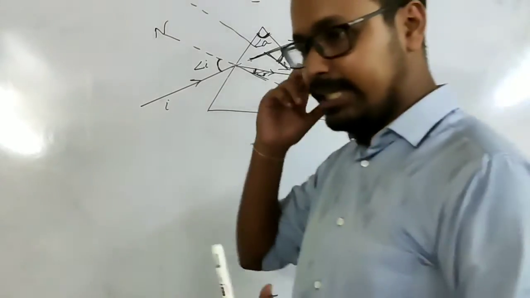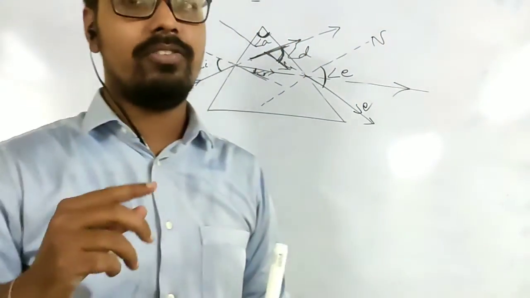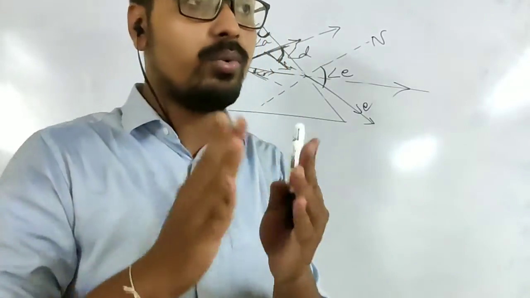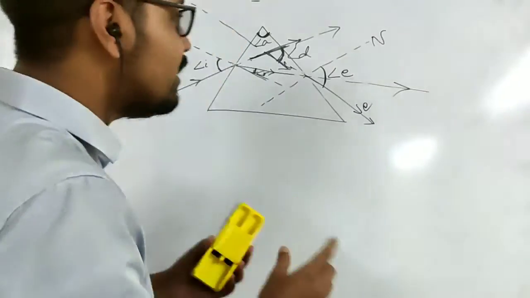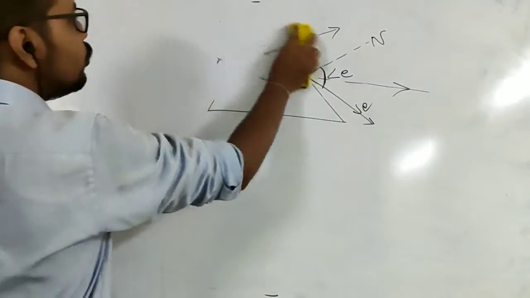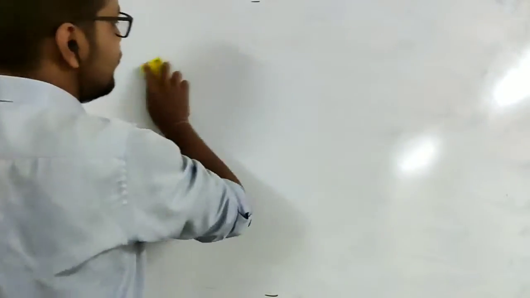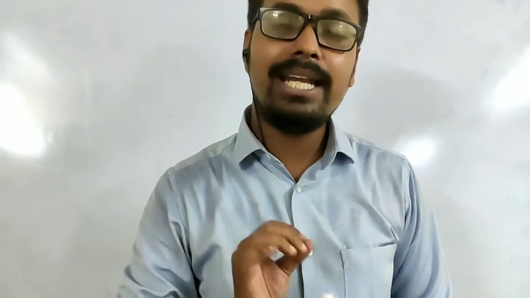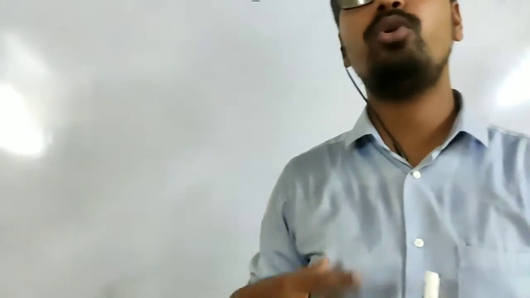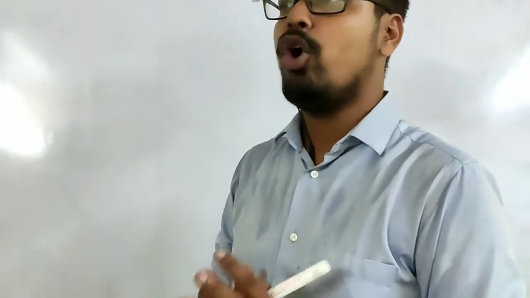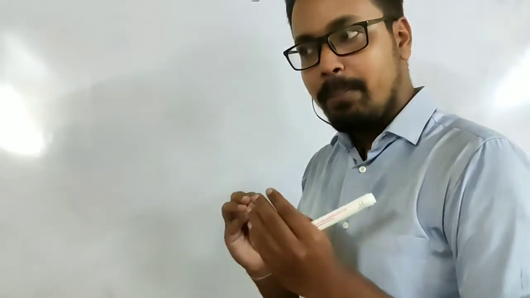Now let us see why the different lights having different wavelengths change their path. I mean, why are they scattered? Obviously, they will change their path, but why are they scattered? Look into that. Before we move into that, you must understand one thing: any light having a shorter wavelength will be deviated more compared to any light which has a longer wavelength. That means that violet light, which has the smallest wavelength, will be refracted more compared to red light. So it is easier to refract or deviate a light having shorter wavelength compared to a light having longer wavelength.